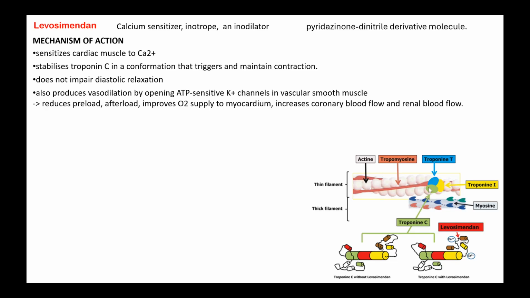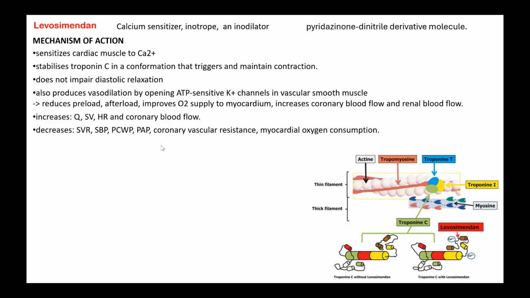But it enhances the activity of troponin C because the muscle is already not contracting properly because of the ineffective actin myosin complex activity. So in such weak muscles, cardiac muscles, this enhancement of troponin C action will enhance the contractility and produce a good cardiac output. So it increases the contraction, stroke volume, and coronary blood flow also is improved, and it decreases the SVR